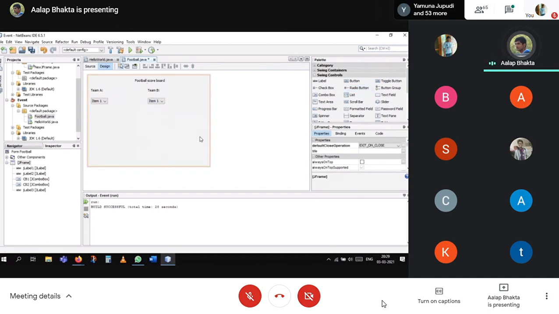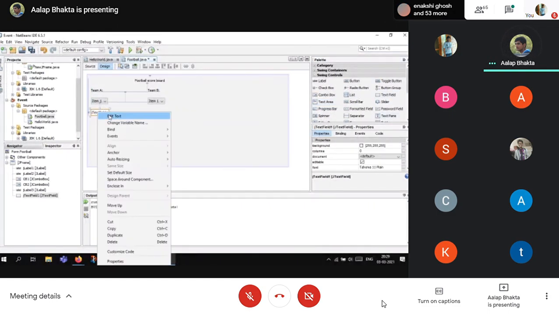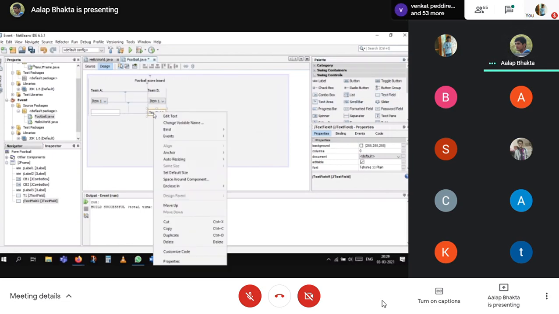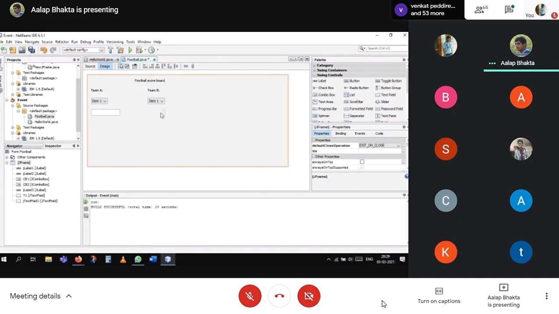Then we need to enter a text field for inputting how many goals they have scored. Text field T1 and text field T2, for the goals.